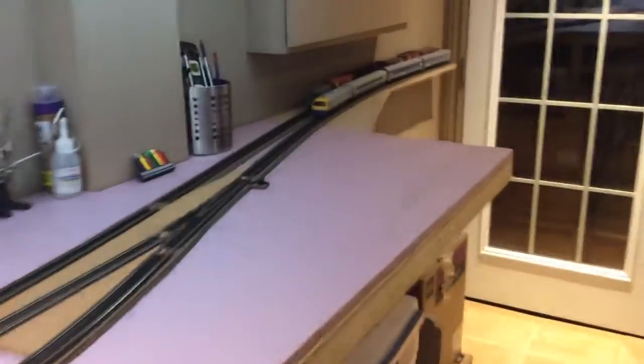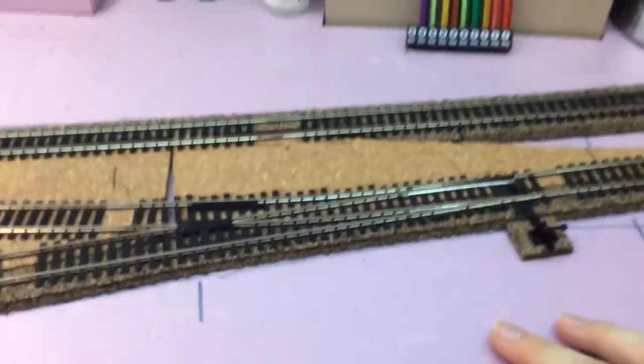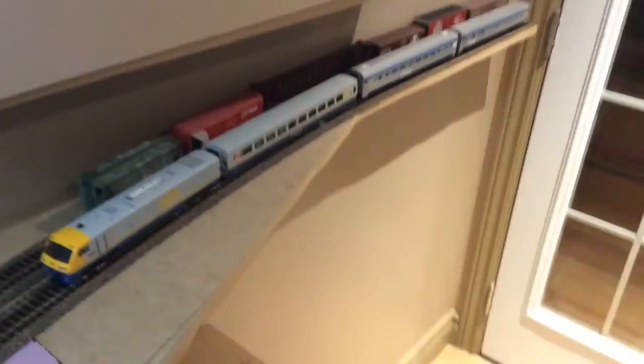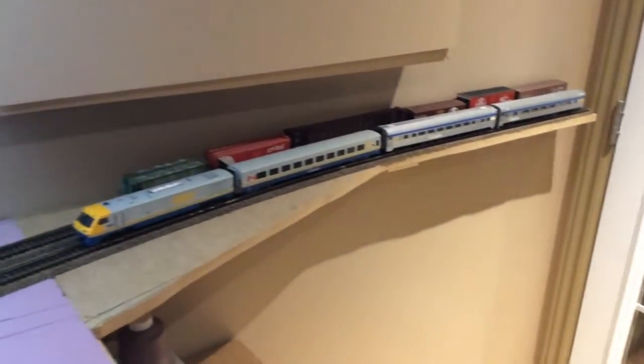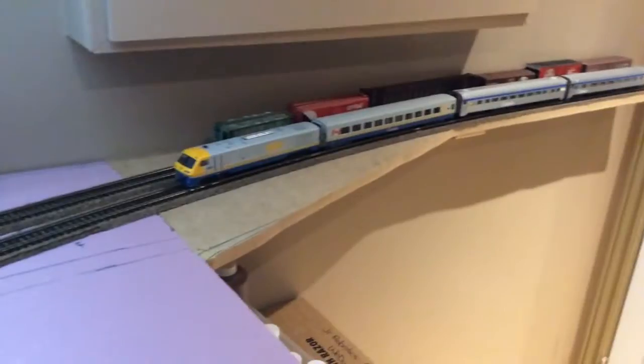One of the other additions is I had to go and add this piece from here back because this switch that I designed to put here, if it would have been here, there would have been no room for trains to even use it. So I just went ahead and added that, and I can park some medium length trains down here. Got some freight cars parked in the back, and a Via train just temporarily there. I was just testing the cars,